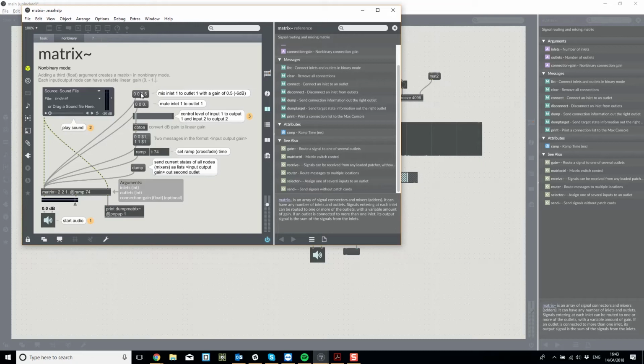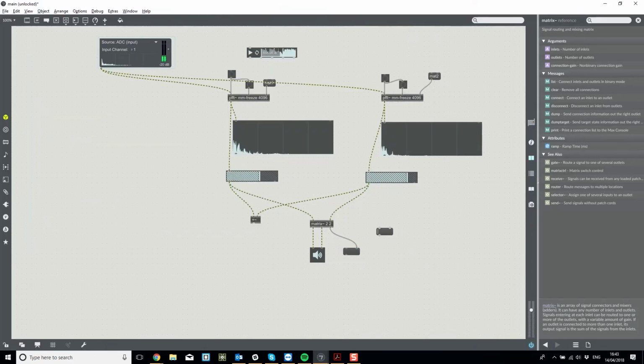So mix inlet 1 to outlet 1 with a gain of 0.5 and mute inlet 1. So basically, if we wanted to send inlet 1 equally across both our outlets, we would do 1, 1, 0.5, 1, 0, 0.5. So that was 1, 1, 0.5, and then 1, 0, 0.5. So in theory,